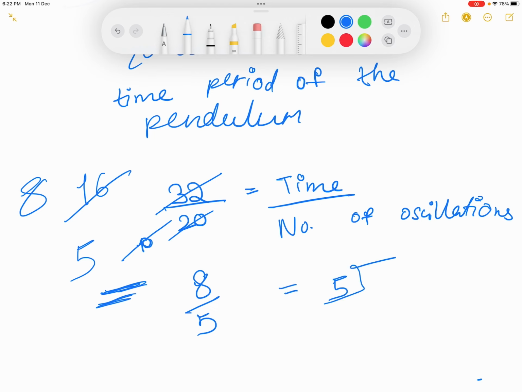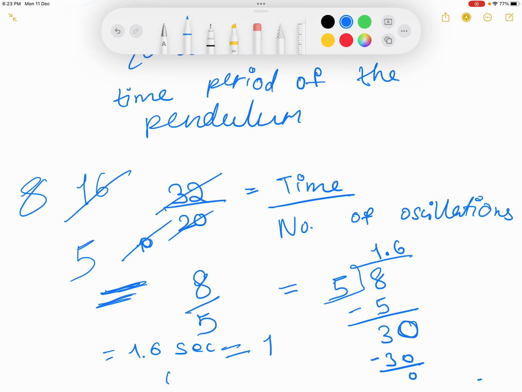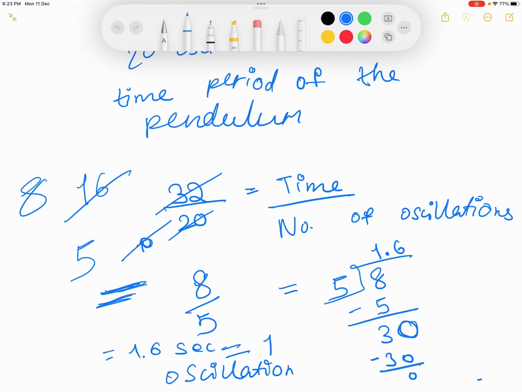So basically now we're gonna divide it. 5 divided by 8. So 1 minus 5, which is equals to 3. Point, when we put a point here, that means we put a 0 here. We know it's divisible by 5. So 30 divided by 5 is what? It's 6, right? So minus 30, we get 0. So 1.6 seconds is taken to cover one oscillation,